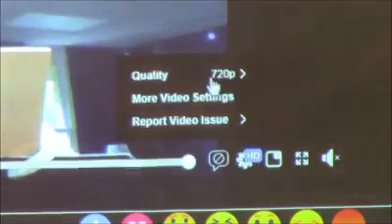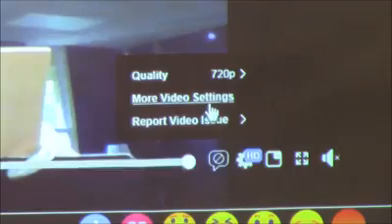You can also click on the more video settings. Don't click on that one for now. That takes you to your personal Facebook settings, and you can decide if you want closed captioning, or if you want to change your default quality, that kind of stuff.